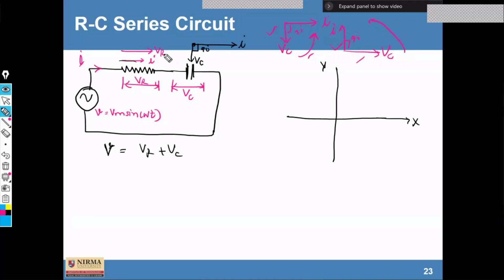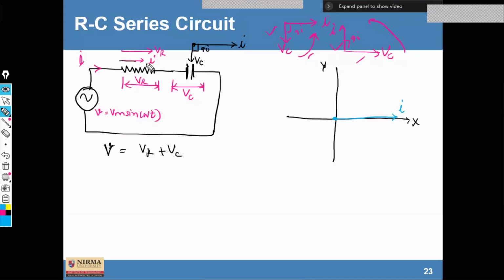What is the difference if you compare with your RL series circuit? In the RL series circuit, the VL component was on the top because VL was leading the current by 90 degrees and the current lags there. But here in the capacitive circuit, the current leads. For that reason, we can have the triangle called the voltage triangle, which we can derive after drawing the various vectors. So we can represent the current vector I here.